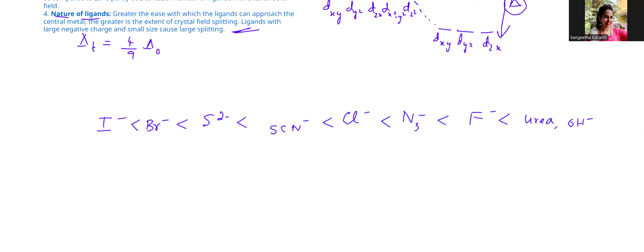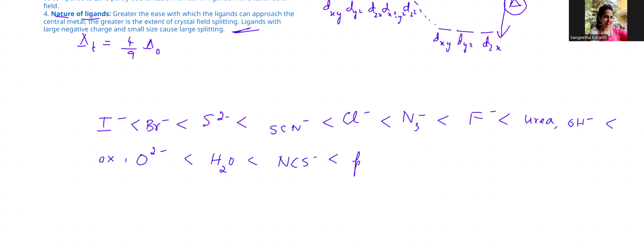Let me continue here. Oxalato ligand, O minus 2, aqua ligand. Then we have,